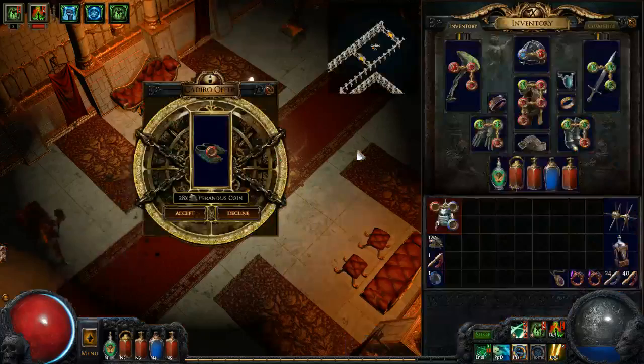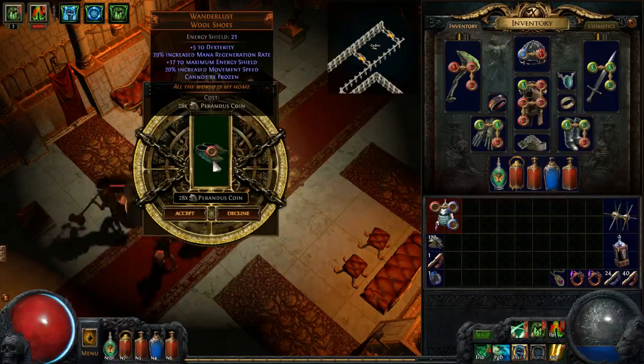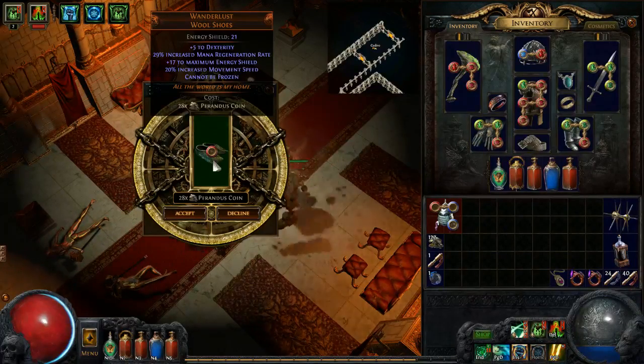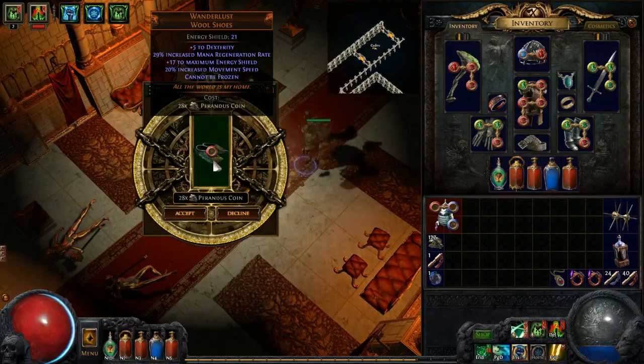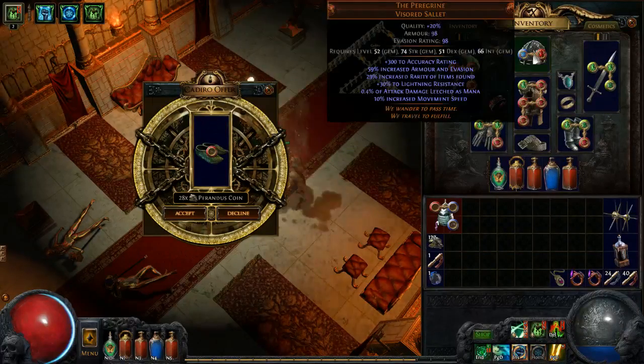Oh, hello. What do you got for sale? Wool shoes, dexterity, mana regen, maximum energy shield, increased movement speed, can't be frozen. Really? That's...